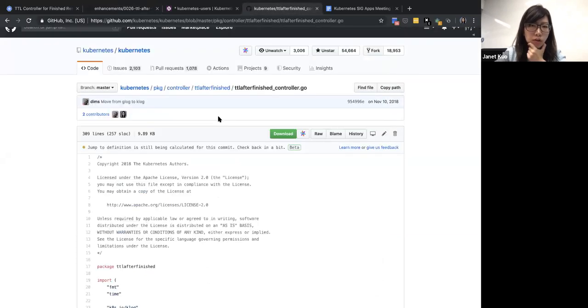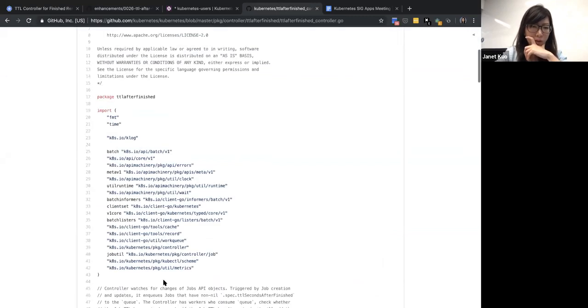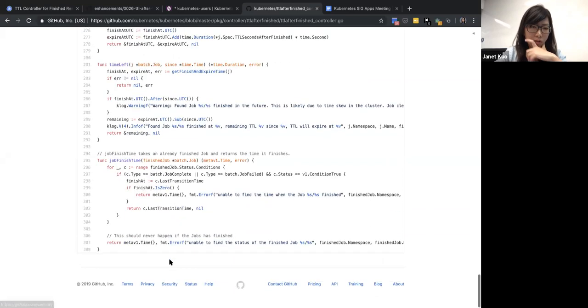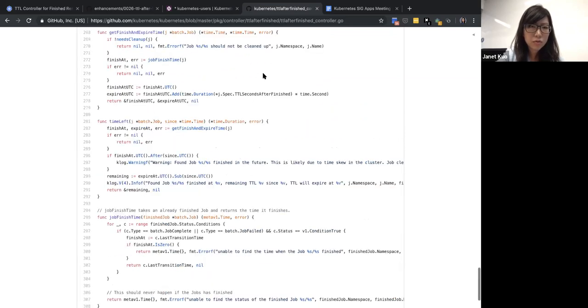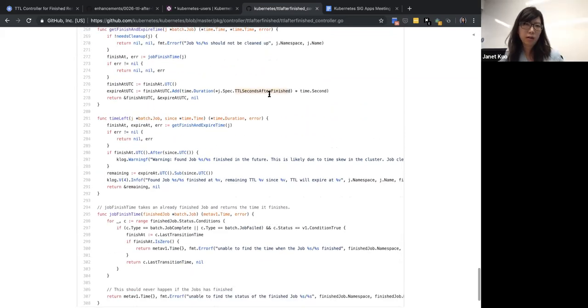It's under Kubernetes package controller TTL after finished. And the controller code is about 300-ish lines. So if anyone wants to help, I can review the code or do whatever guidance that you may need. And that's pretty much it.